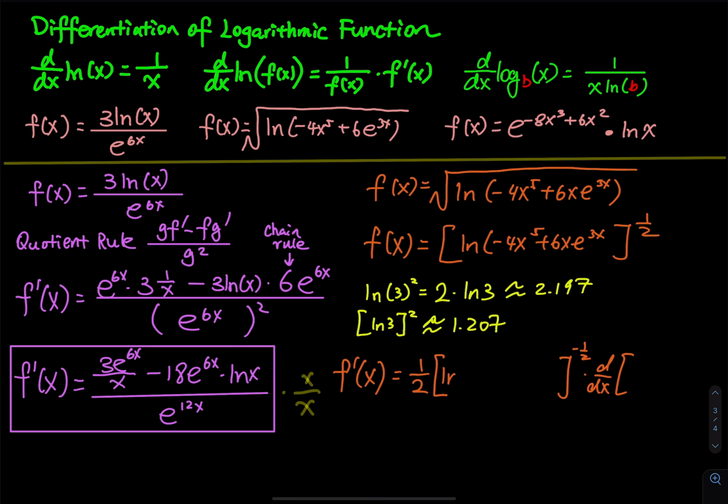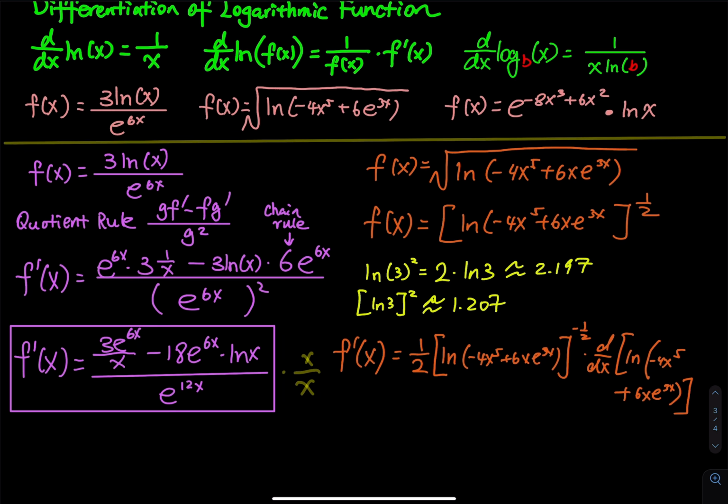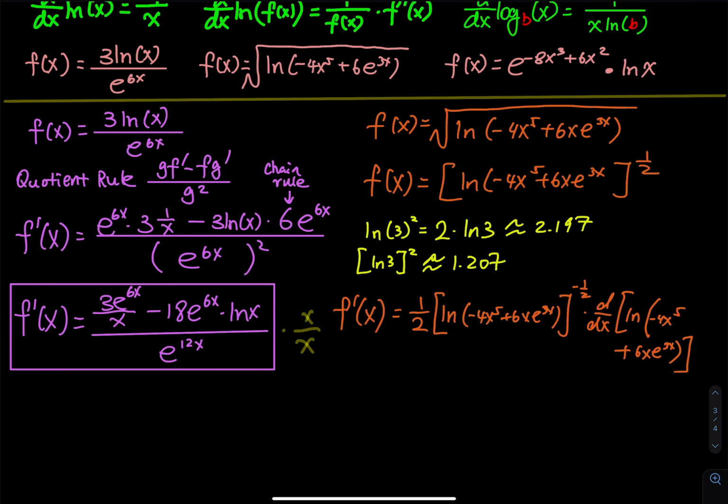So we have ln negative 4x to the 5th, and then plus 6x e to the 3x, and then close square bracket. So this one, ln negative 4x to the fifth, and then plus 6x e to the 3x, close parenthesis, close square bracket. All right, and then you have f prime of x, so that is equal to, copy this one more time,